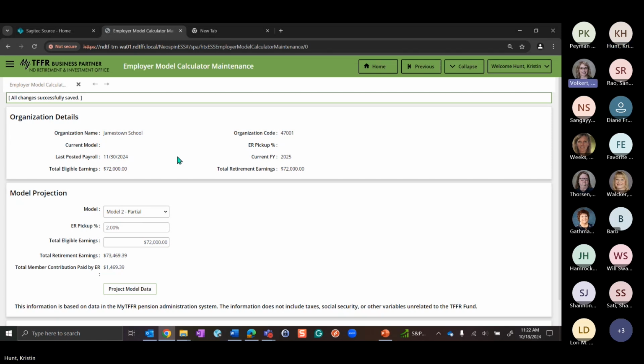I just want to say how great of a feature that one is. We used to do it manually for schools. When they would call in and say they were in negotiations, we used to do a model analysis. And it was two very intensive manual spreadsheets. So this is going to be really nice for them.